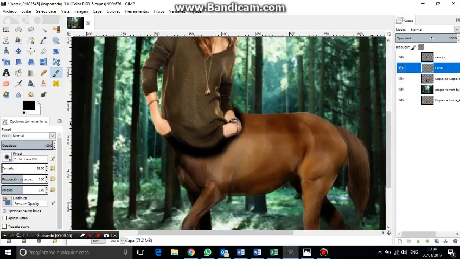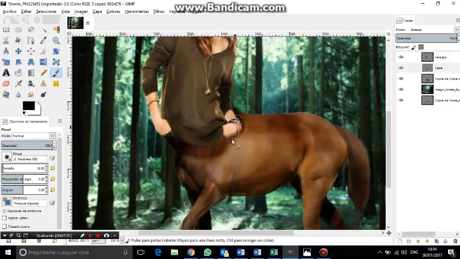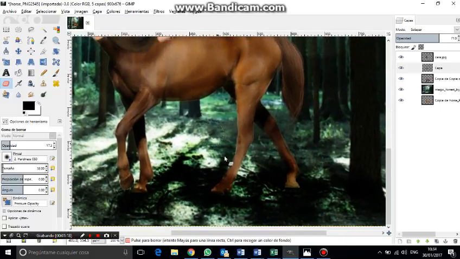So what I'm going to do is change the mode from normal to solapar in this case. As you can see, it's not very dramatic anymore, and I'm also going to change the opacity so it looks a little bit more blended. I can do anything on this layer, like erasing. Yes, very nice. Okay, and I'm going to do the same thing on